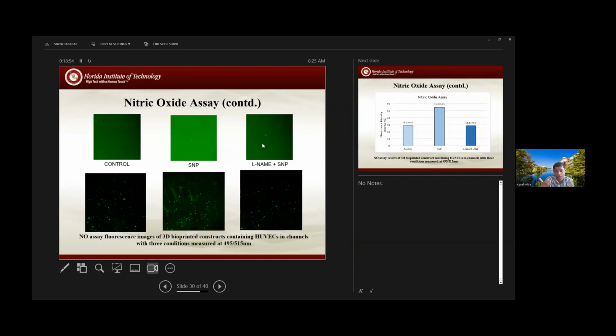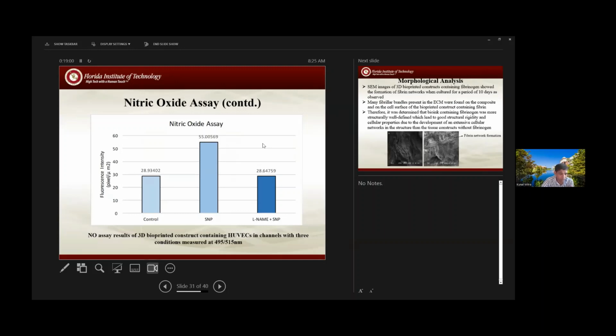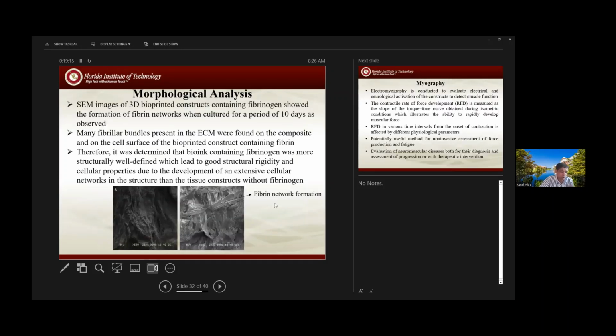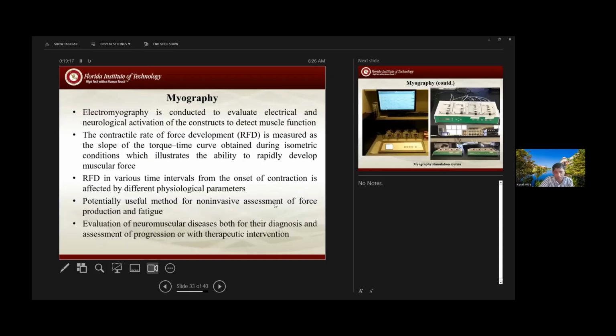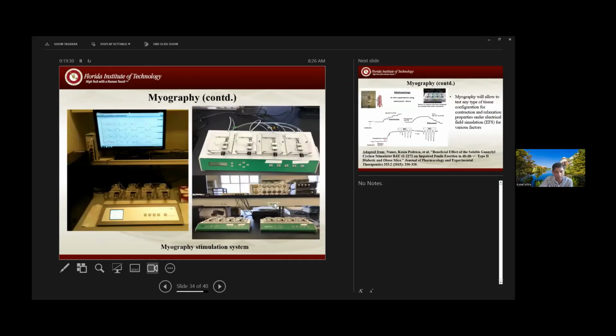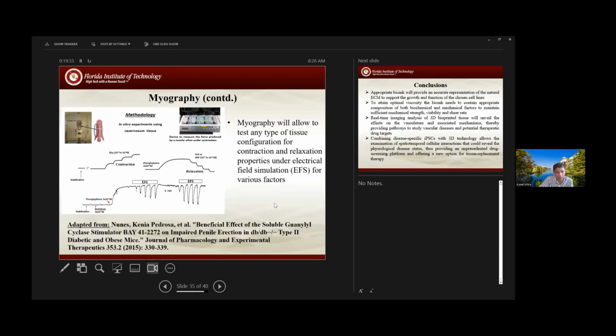So all these characterizations we did just to make sure that our bioprinted tissue behaves in the real way like a native tissue, because you can create a lot of artifacts, and this shows you the parameters. Here you see a manifestation, but when you put sodium nitroprusside, it increases it, and then with L-NAME, you again suppress it down. And we also do some morphological analysis with ECM. I know that I maybe don't have much time. I'm going to go over quickly some of the other things we're looking at, and then focus on some of the applications. We're also looking at myography a little bit to look at the stress, and so we are looking at relaxation and contraction using our